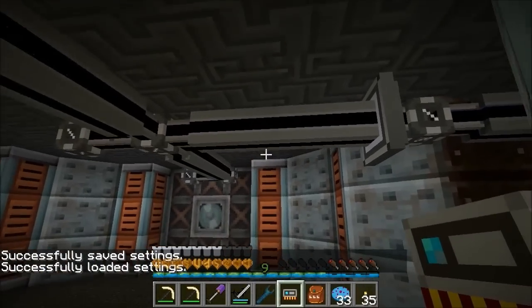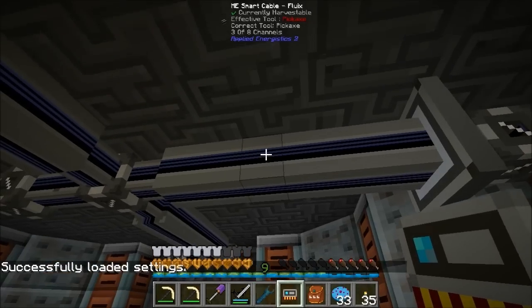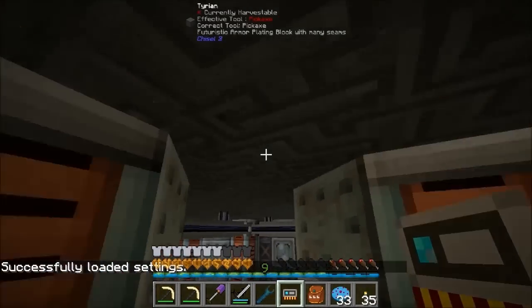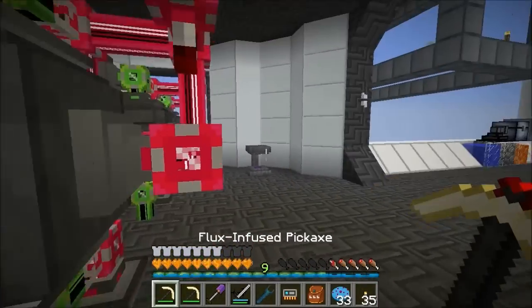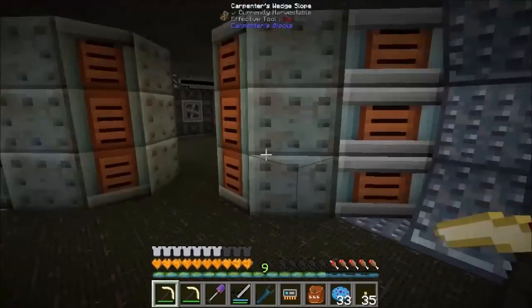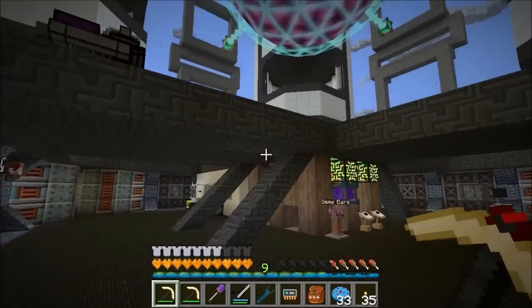What we should see now is 3 channels pop up on here. There we go, 1, 2, 3, and now we are connected back to the network on there. So now I've got my auto crafting of them connected back up. So basically what I'm going to do is put one of these P2Ps in each of these